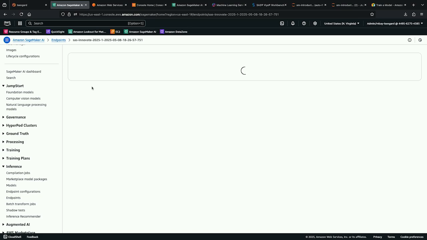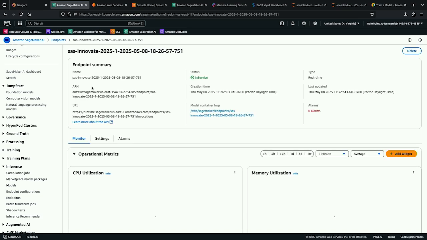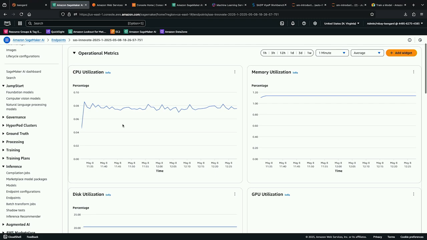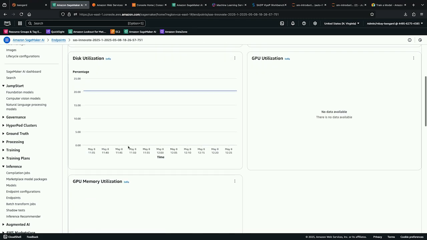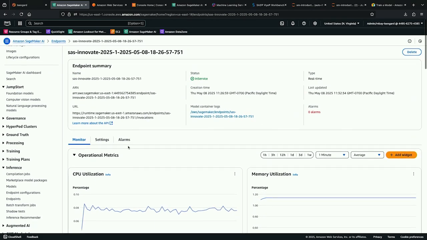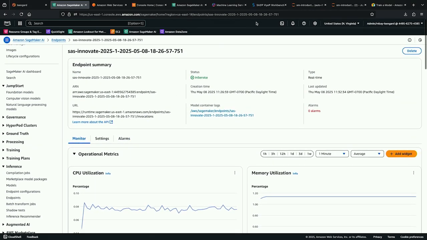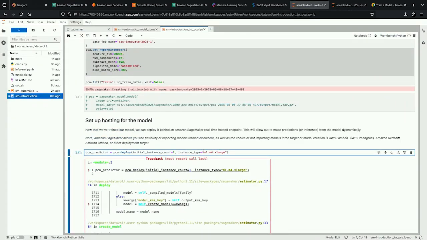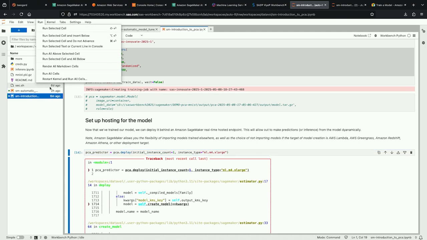We can look at what it looks like. And so it gives you a lot of statistics on your model, how it's performing, whether it's used, etc. The memory. So you have all of these statistics. So we deploy it with this function. Of course, I have to reinitialize everything for it to work. It's probably not going to.